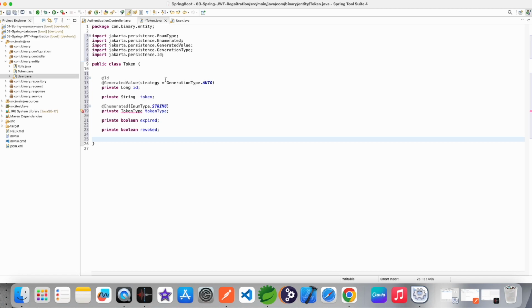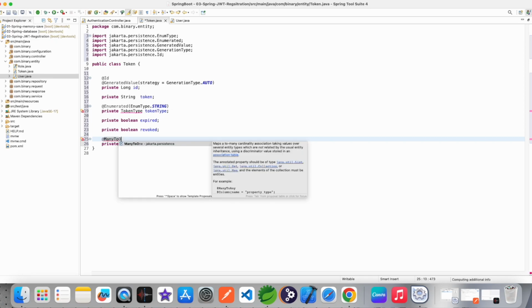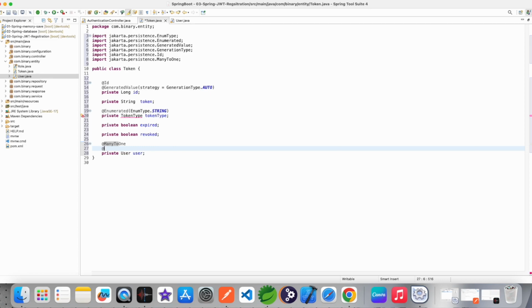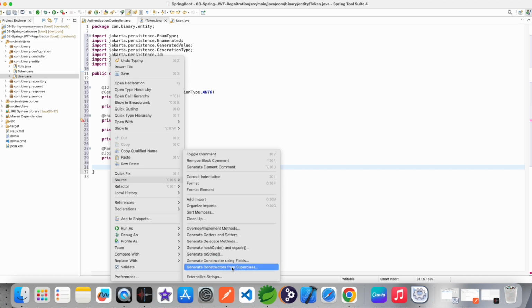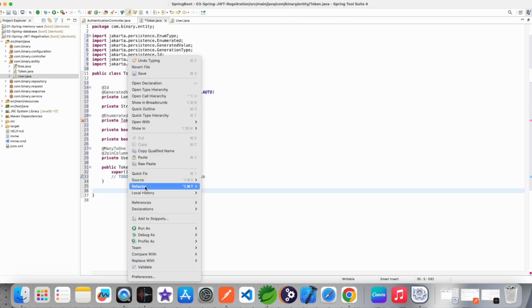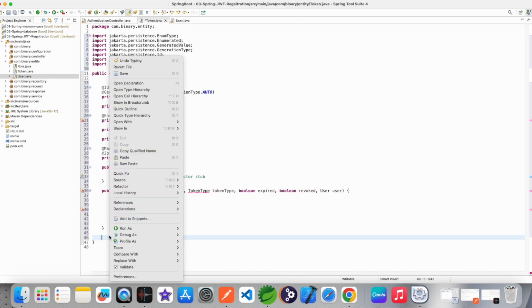And this table also has user, because it saves the user ID of the particular user. So I want to relate it as a relation from many to one. Sorry, many to one, and join column, join with which column? User ID. I don't use Lombok here, so make constructor using superclass, make constructor using fields, and then getter setter,